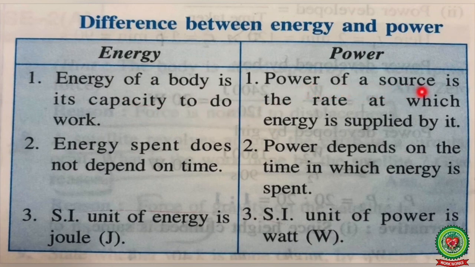Power of a source is the rate at which energy is supplied by it, and it can also be defined as rate of doing work. Energy spent does not depend on time, and we have already discussed power depends on the time in which energy is spent. Third point, SI unit of energy is joule and SI unit of power is